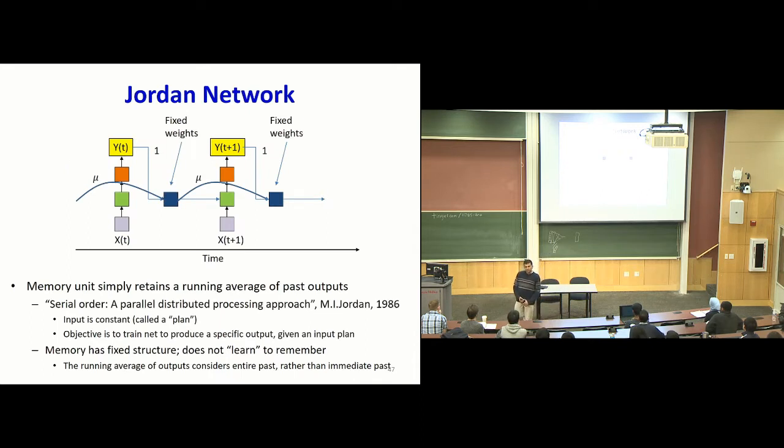This was also a reasonably popular model. And Michael Jordan is a famous professor at Berkeley who's made his name with all kinds of models that are used for text analysis and latent variable models and so on. But his claim to fame was actually his work on neural networks, recurrent neural networks initially. And so this was his model, the memory neuron network, or the Jordan network, which was introduced somewhere in the late 80s. He just introduced this memory variable, exactly as I described before, except this memory variable itself was very simple. All it did was to maintain a running average of its past value and the current output.